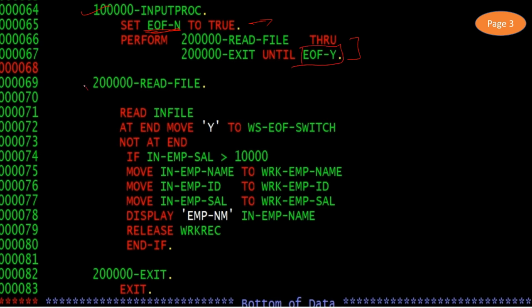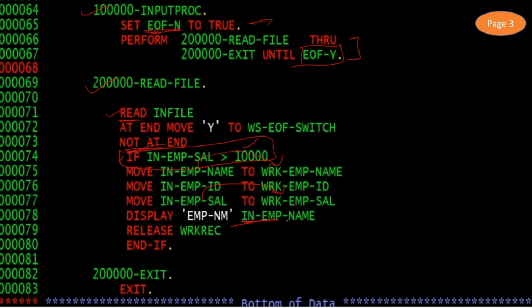So in this paragraph READ-FILE we are reading the file by using the READ verb. If we have some record, not at end, we first filter the data. Here we are filtering the data in the input procedure. If the salary is greater than 10,000, only then we move the employee name to the work employee name, and the employee ID and employee salary from the input file to the work file.